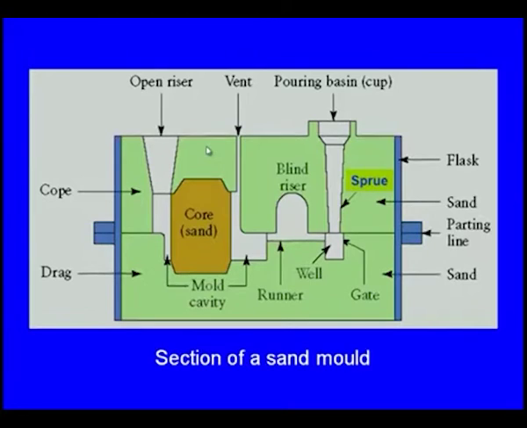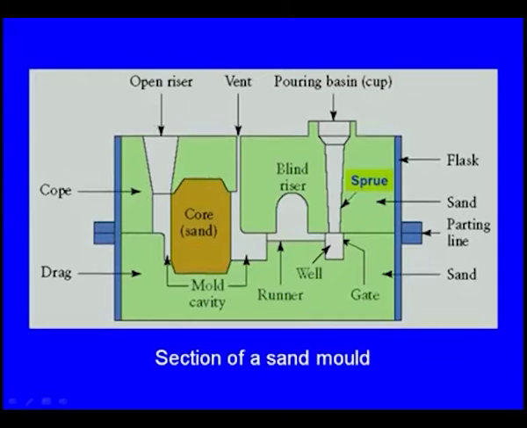Next, let us see the mould. What is this mould? The sand compacted inside the moulding boxes and around the pattern with features or with provisions to pour the molten metal, with provisions to get a riser to see that the cavity is filled with the molten metal. With all these features, with all these provisions, that system is known as the mould.